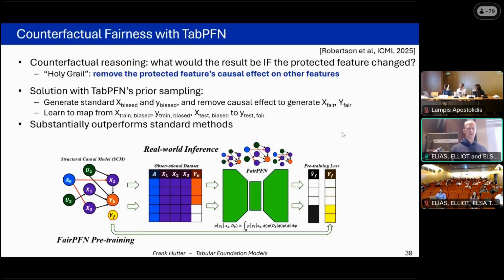So counterfactual reasoning is basically this: what would the result be if this protected feature here changed? If this data point was not a man but a woman, what would have changed in their salary, or whether they get a credit, etc. So we do want to be fair, and there's all kinds of different definitions of fairness, but the one that actually gets closest to the letter of the law is this type of counterfactual fairness. But it's a really complex setting